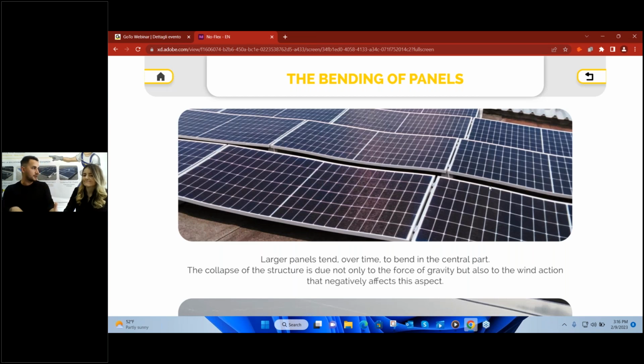Due to years passing by, you see that the models tend to bend, and especially they bend in the center. This comes because of the dimension of the model, right? We now have models bigger than 2 meters, 2.3, 2.4, and they are growing and growing. And I'm sure in a couple of years we will have even bigger ones. So with time passing by, as you can see even in this picture that we selected for you guys,